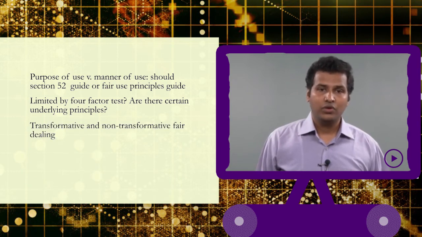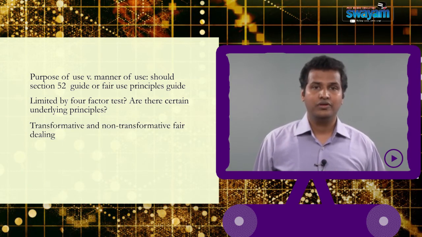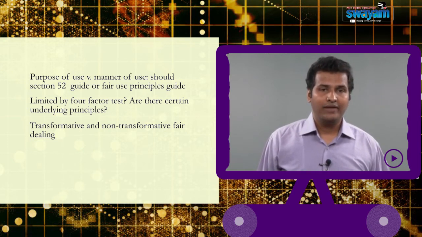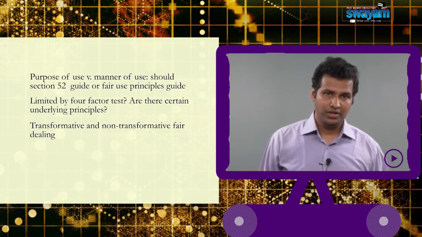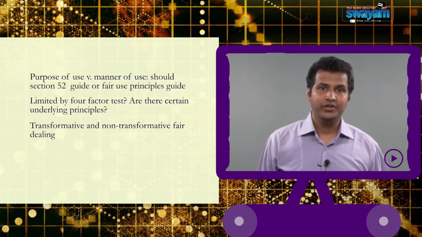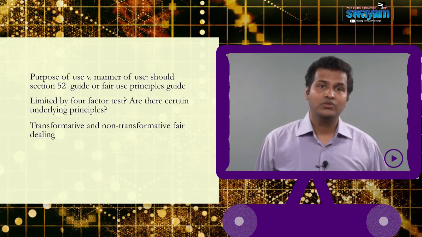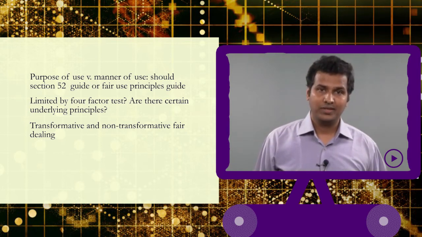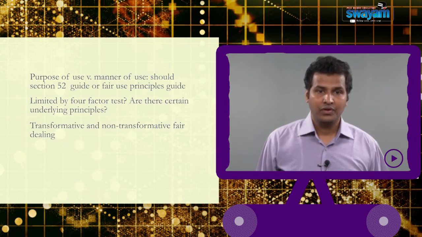Now transformative and non-transformative uses are both fair dealing under Indian law. In Indian law, you have a wide variety of exceptions which allow you to make a copy in a limited sense, to a limited extent, but at the same time they also allow certain transformative uses, especially in case of software, private criticism or review. By virtue of such exceptions, they allow you to make transformative uses of the work.